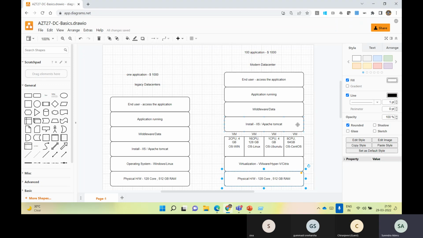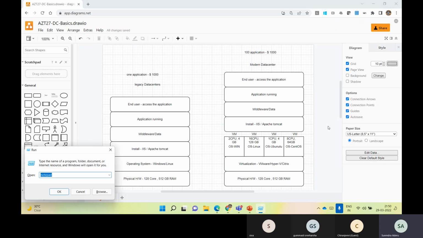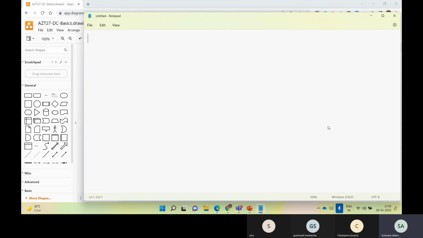Now, what I will do now, four of us thought of starting a new company today. We decided that we have an application to launch to the business, and we decided to run our own application to deliver to the end user so that we'll get money out of it. Now, with this thing to launch one application to the enterprise world, let's say all four of us want to start a company. What are all the things we require?